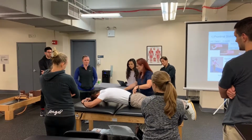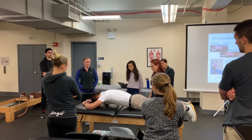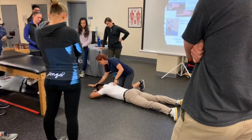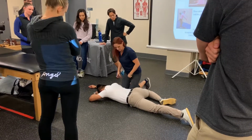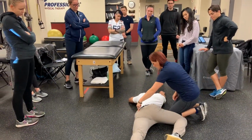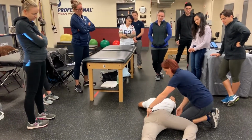Give it some twist, elbow, elbow. Continue down. Yes. Once you contact it down, your hip has to move around, your elbow can move around. This arm